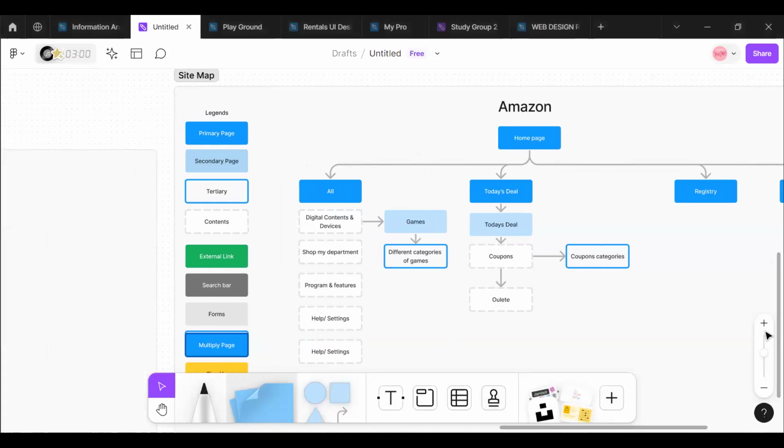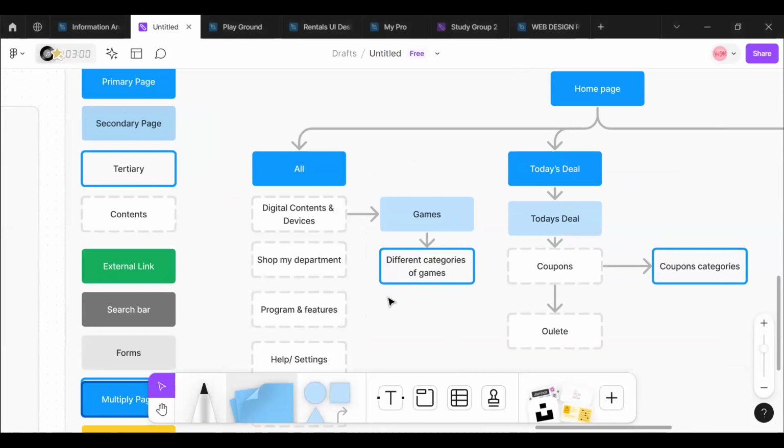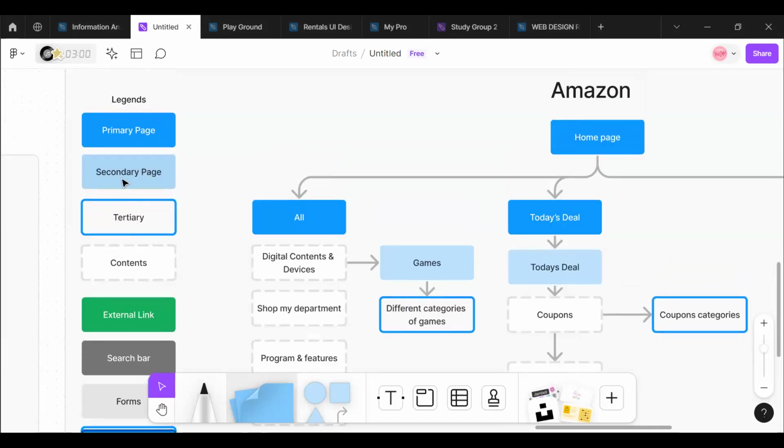I don't know a better way to present it, but if you can present your own in a better way, the whole idea of a sitemap is to communicate, right? If you have a better way to communicate your information to your users or your stakeholders, that will also be fine. But make sure that this information is communicated properly. So I'm actually using my legend, and I see that, okay, this is content. Anybody that lands here will see, on the primary page, these are the contents that the person will see by clicking on it. So that's the way I'm arranging it. But if I have a better way to arrange it,